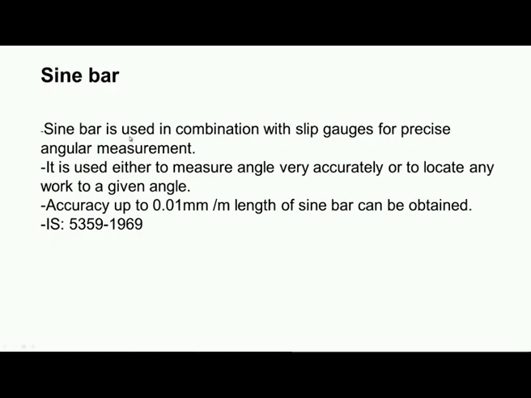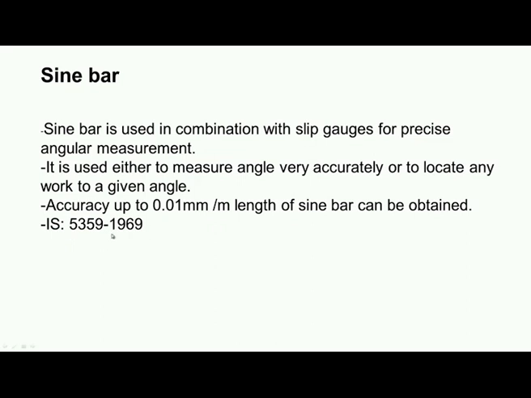Now, sine bar is used in combination with slip gauges for precise angular measurement. It is used either to measure angle very accurately or to locate any workpiece to a given angle. Accuracy up to 0.01 millimeter per meter length of sine bar can be obtained. These sine bars are made as per Indian standard